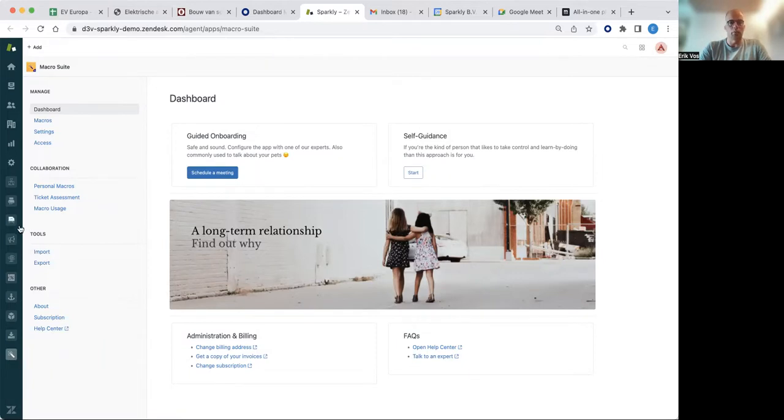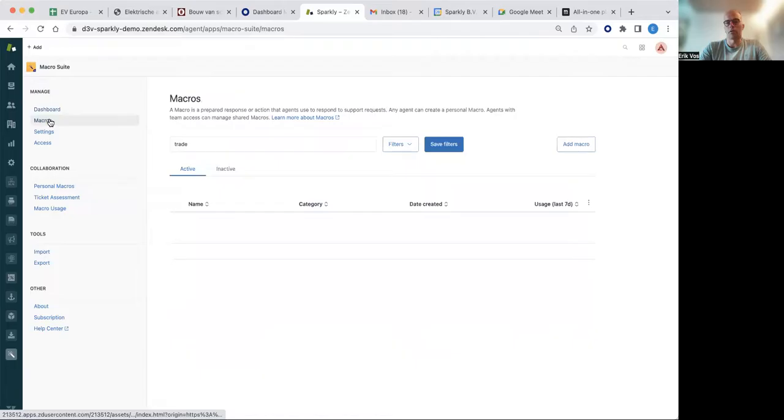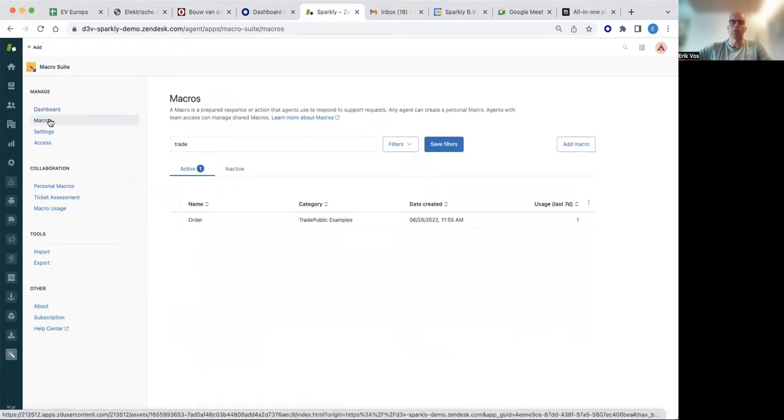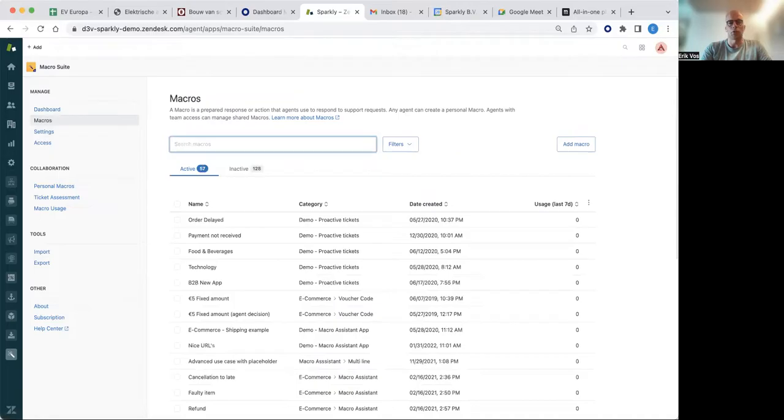And here's also the mentioned GDPR app. It's another icon on the left side. Of course, here are some instructions on how to do it, but more important here are the macros. What we've done is we've taken the macros away from the admin center and brought them back to the agent view. We think they should be here, all the macros you have. So in my case, I've got 57 macros over here,